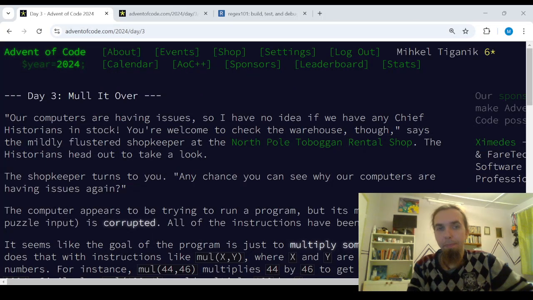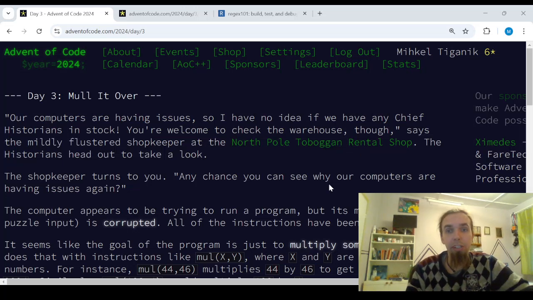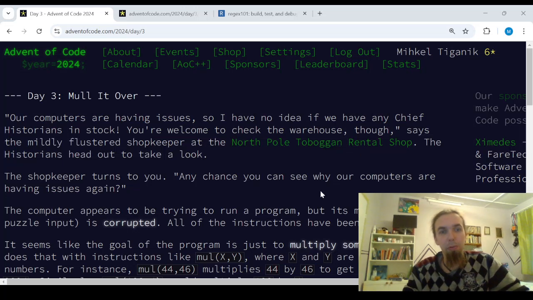Hello everybody. So in this video we are going to check the Advent of Code day 3 challenge. In this day's challenge there is something to do with the North Pole toboggan rental shop. There are some problems with the computers over there. Their memory, which is your puzzle input, is corrupted. So yeah, let's get into the